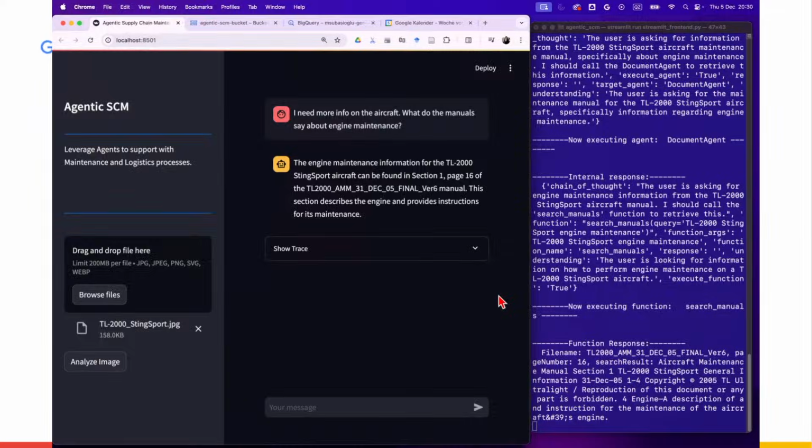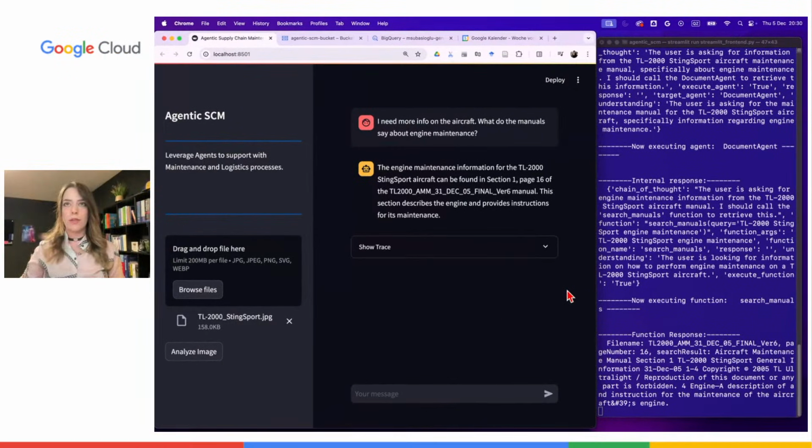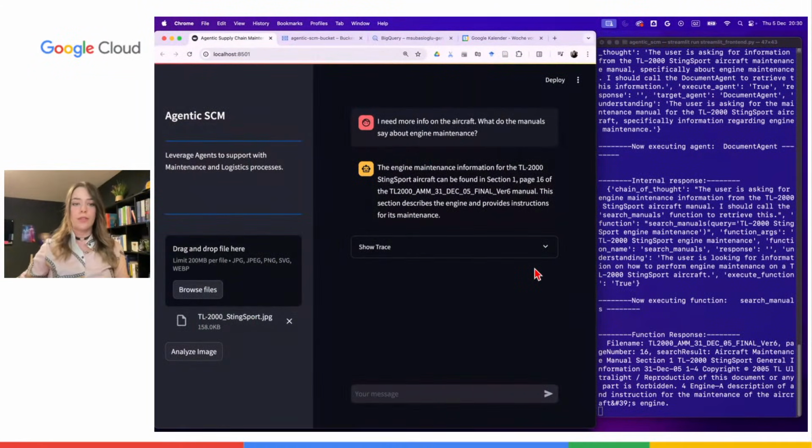But essentially, this is something that happens in multi-agent systems. You really need to look out for the different agent interactions. So instead of having a single agent that does things, you now really need to figure out the communication patterns between the different agents, and also understand, okay, how do I handle it if it fails to recognize that the question has been answered? So I don't want it to loop over and over again, and I have to have some guardrails embedded on top of it. All right, but let's continue with our next question here. So let's say I need someone for engine maintenance.